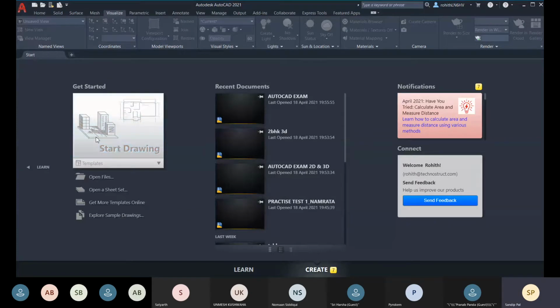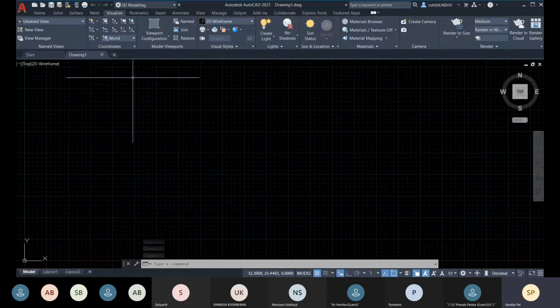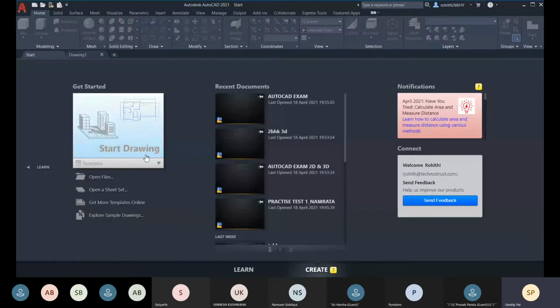So let me click on this, and here you can see that one drawing file has been opened with the default template. Okay, so if you want to define the template, here we have a drop down list.